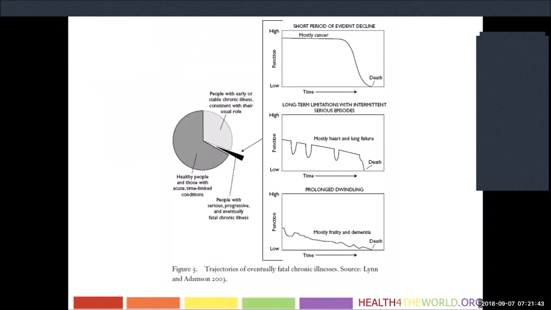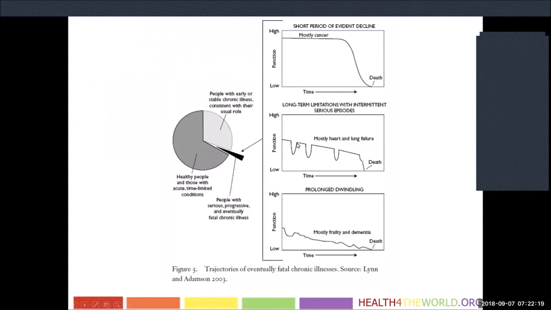We move to others, like heart failure and lung failure. They're probably going to see you at a lower functional level, so they already know they're sick. If your heart's doing fine, you don't know you have heart disease because you're out there living your life. By the time you figure out you have heart disease and you feel bad with it, your functional level is low, and you're already on your decline. The problem with heart and lung failure is that you have your decline, but you have these very sharp dips. In each of these sharp dips, you could have an incident that could possibly be fatal, or you can recover and go back to your baseline.